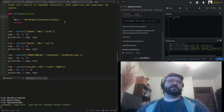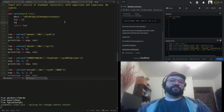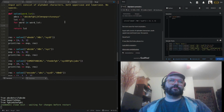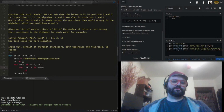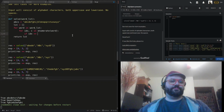All right. So we're just going to take in word list. And then what do I want to do? I'll just call this list, LST, equals a list. And I'm going to say for word in word list, for character in word, and I think I'll enumerate, yeah, IDX and character in enumerate word. Okay, sorry about that. So we'll say if the IDX of the character equals ABCs dot index of C,